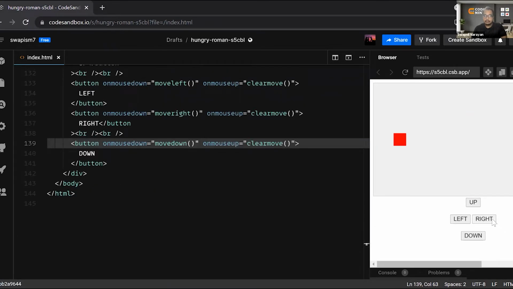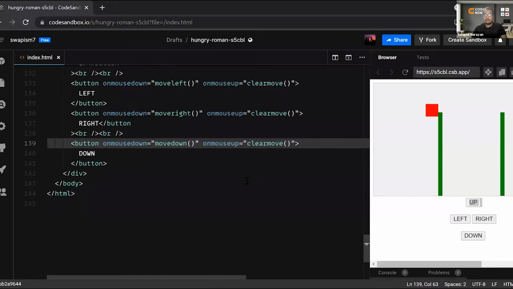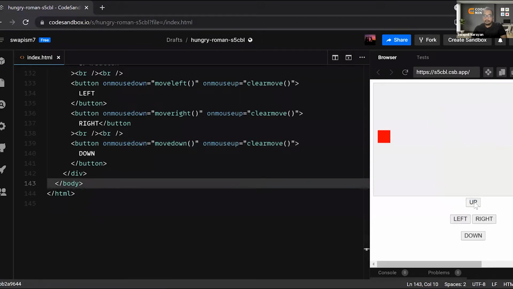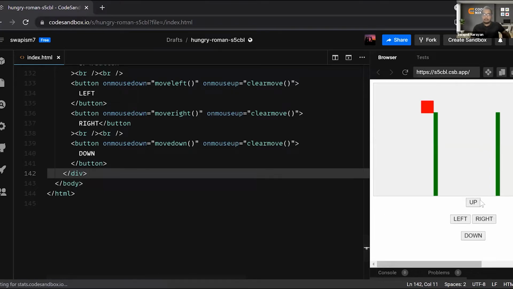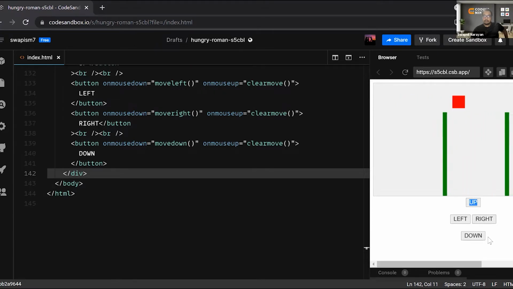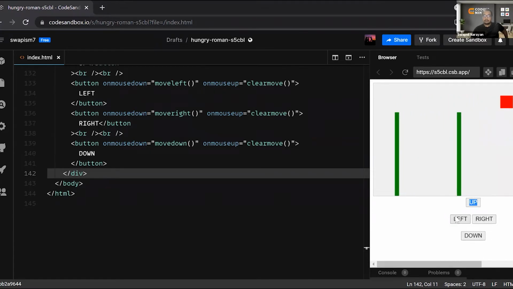Fine. So you can see the obstacles are coming continuously. And if it encounters the player, then it will stop. So you need to make it like this, okay? And if it hits that particular area, it is stopping, right? So if I play this one, let's make it go in the top direction. You can see it is going good.